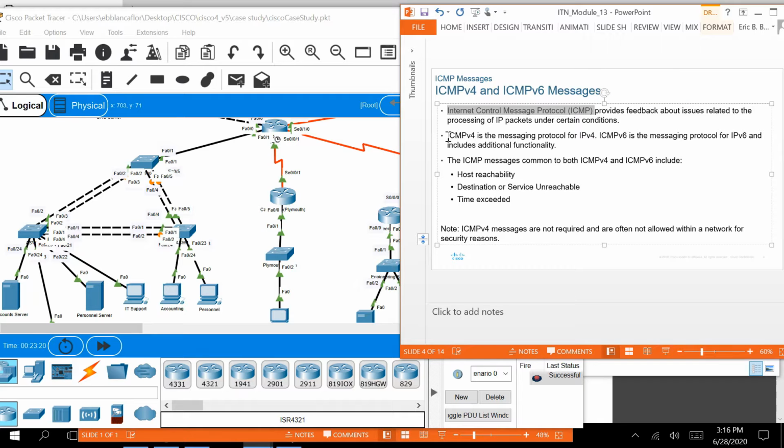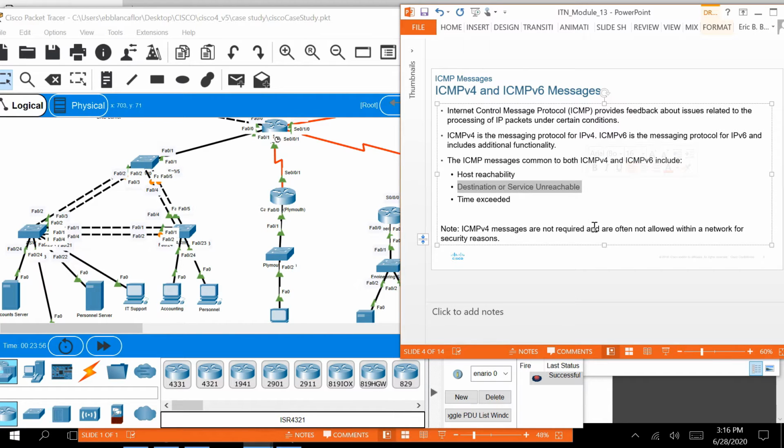ICMP supports both IPv4 and IPv6. For IPv4, its protocol is ICMP version 4, and for IPv6 it is ICMP version 6. There are a couple of messages that we have with ping under ICMP messages, and usually they have something to do with host reachability. If there is a reply, it indicates that the host, the end device, is reachable. It means it is connecting. If it is not reachable, the usual messages we would see are request timeout, time exceeded, and destination